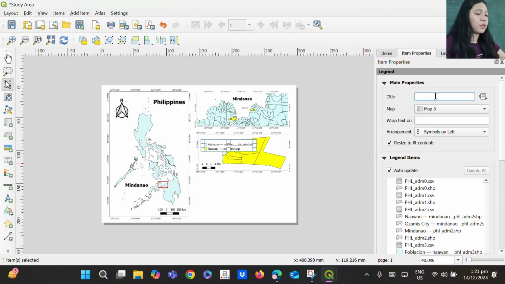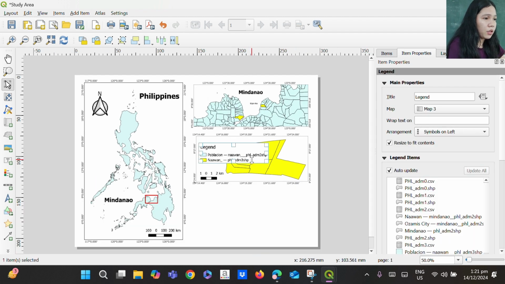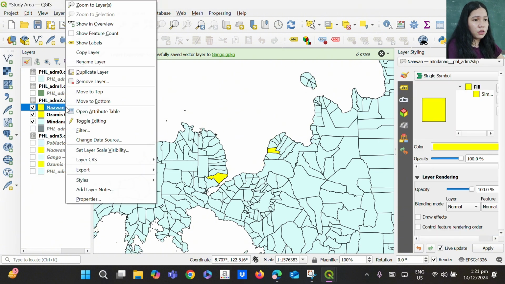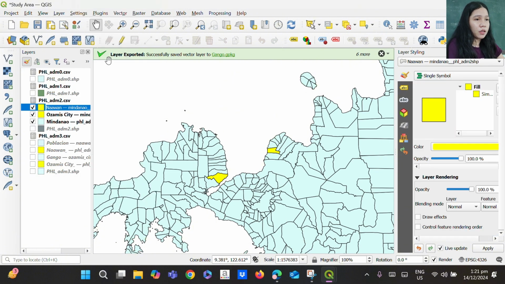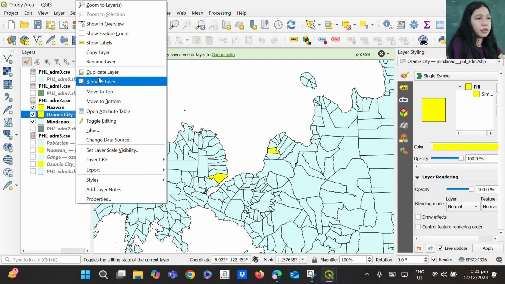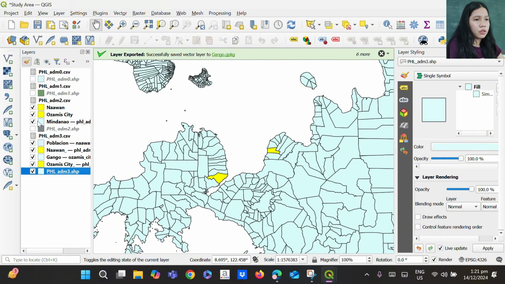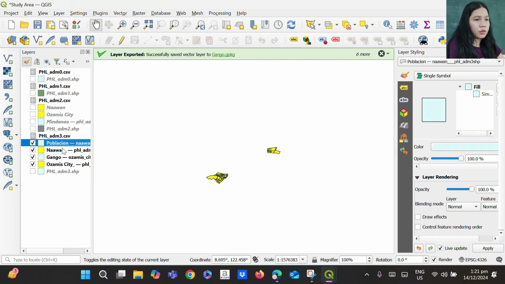So I'm going to type for this one, legend. And then, so this is not what I want. I'm going back to the previous window so that I can rename the layer. I'm going to edit this one.